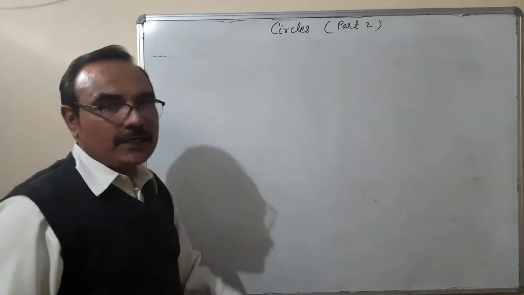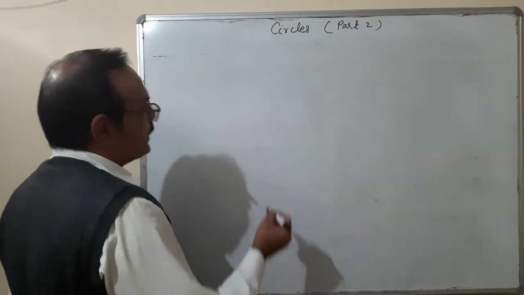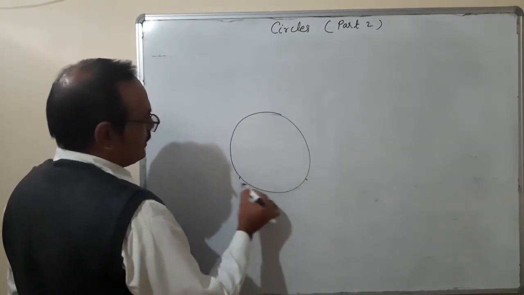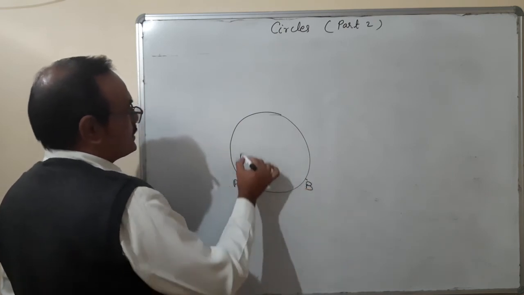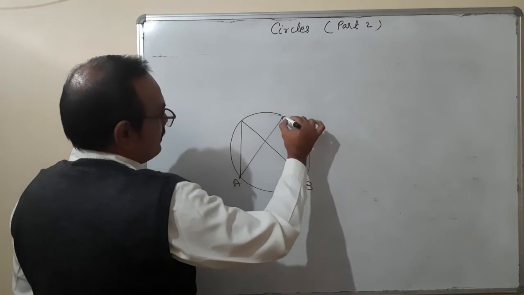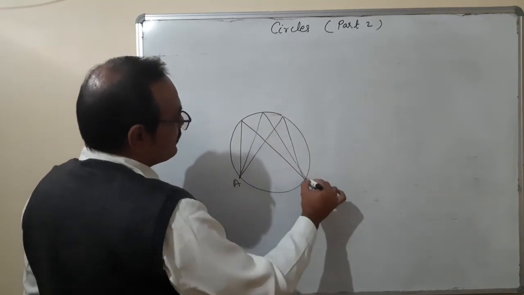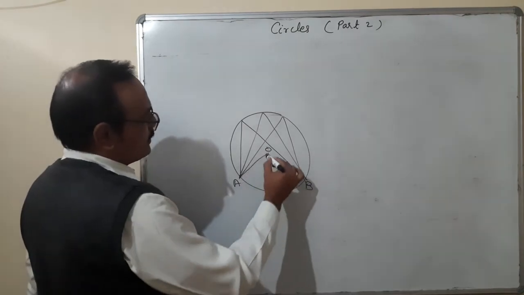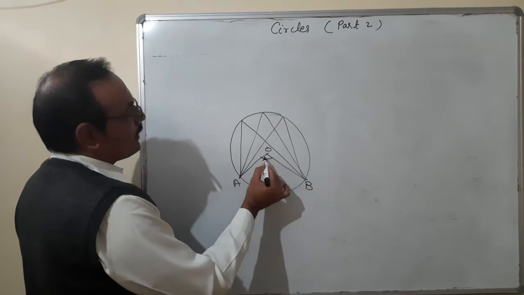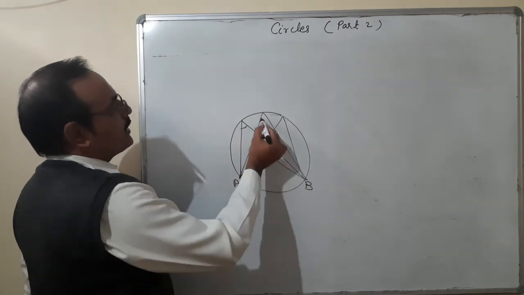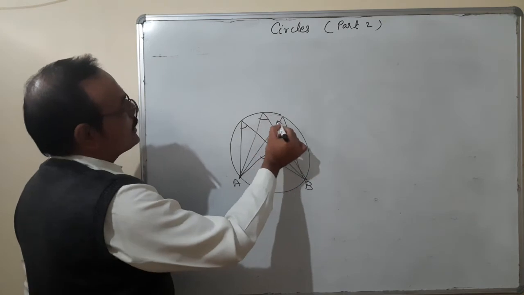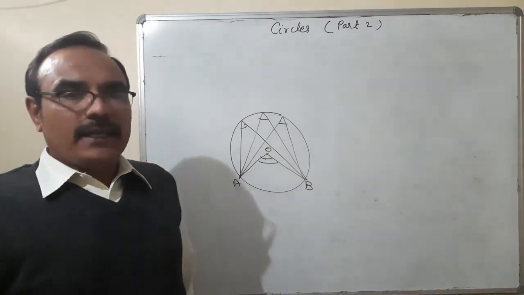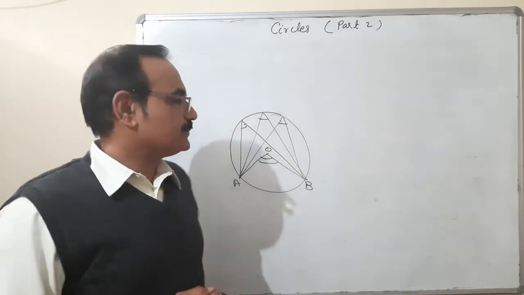Next, on the basis of that, we can draw a result from this theorem 10.8: angles on the same segment of a circle are equal. Suppose AB is an arc, and all the angles which form on the same segment of the circle are equal. Are they equal? Yes, they are equal. Suppose O is the center. You know that this angle is double of that one, this angle is double of that one, and this angle is double of that one. So what does it mean? All these angles are equal. So remember this statement: angles on the same segment of a circle are equal.